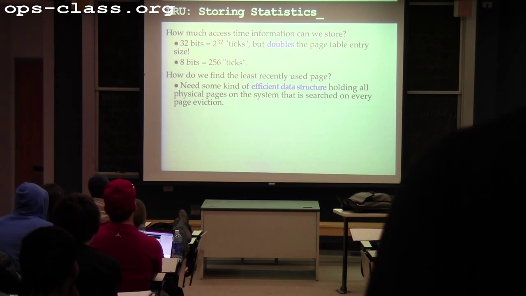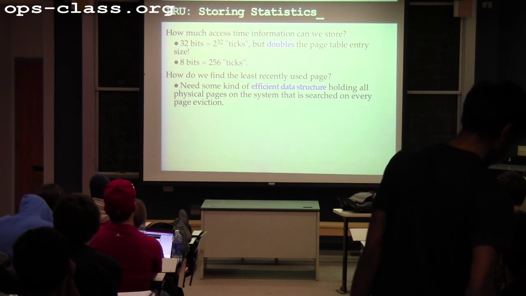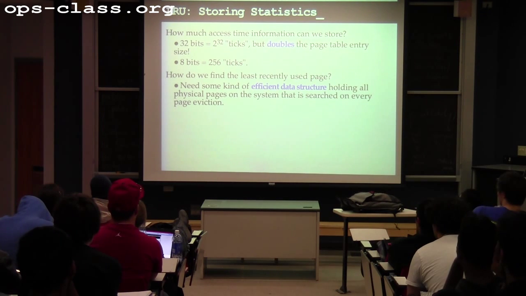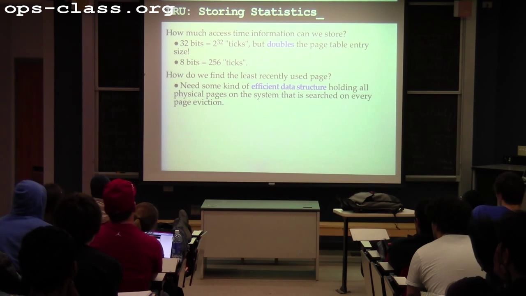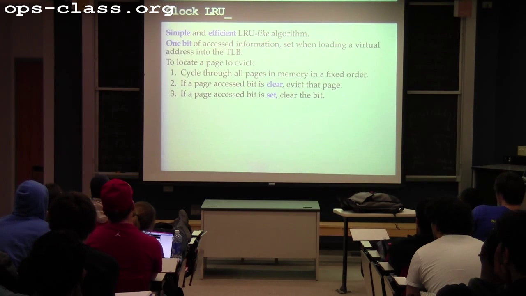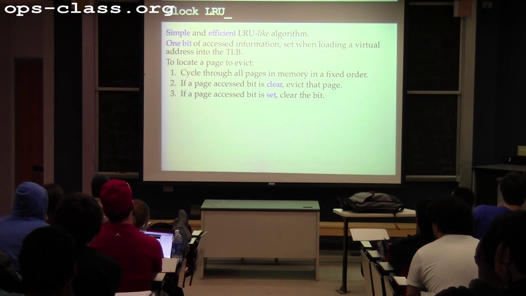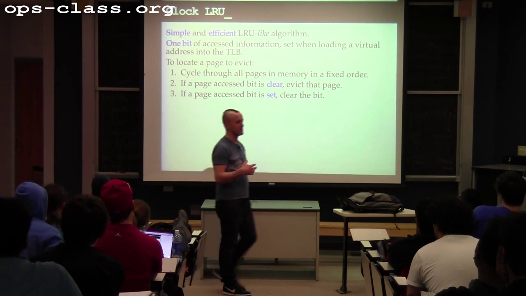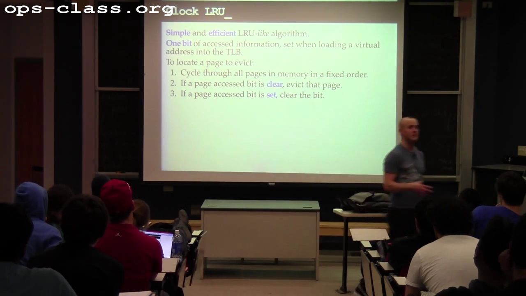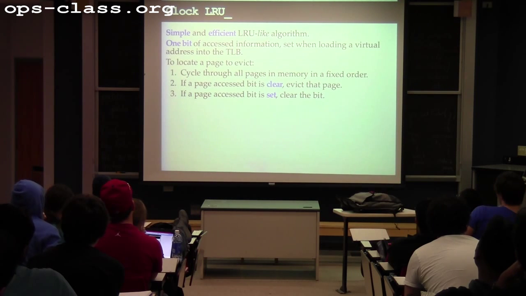I need some sort of efficient data structure that actually has to hold every physical page on the system that is searched on every page eviction, right? I could probably find a way of making this not terribly bad, but it's still overhead on every page access, right? So instead of actually doing real full-strength LRU, a number of systems use a variant of